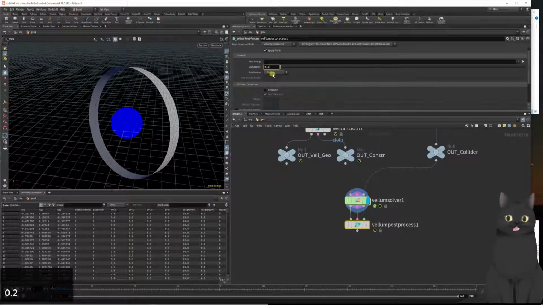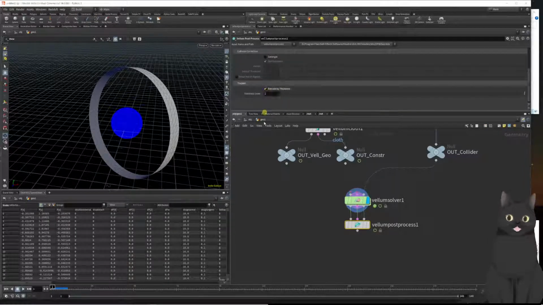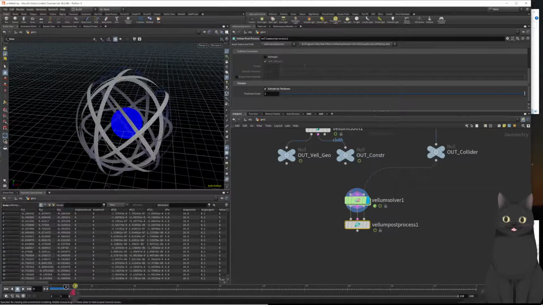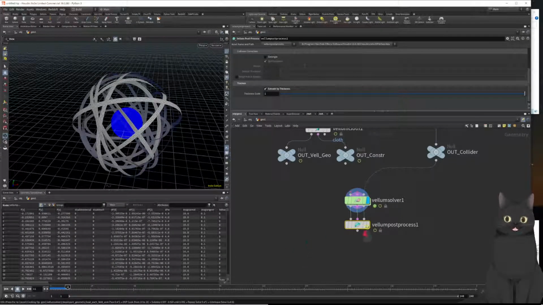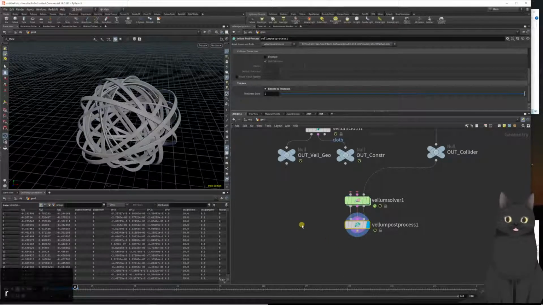And finally, I want to extrude my rubber bands to give them a bit of thickness, so when I scroll down in the vellum post process here, I can check extrude by thickness, which takes into account exactly these individual points scales that we set up in the vellum cloth. However, for rendering, as I figured out by just throwing away hours of render time, when you set the thickness scale to be exactly 1, sometimes